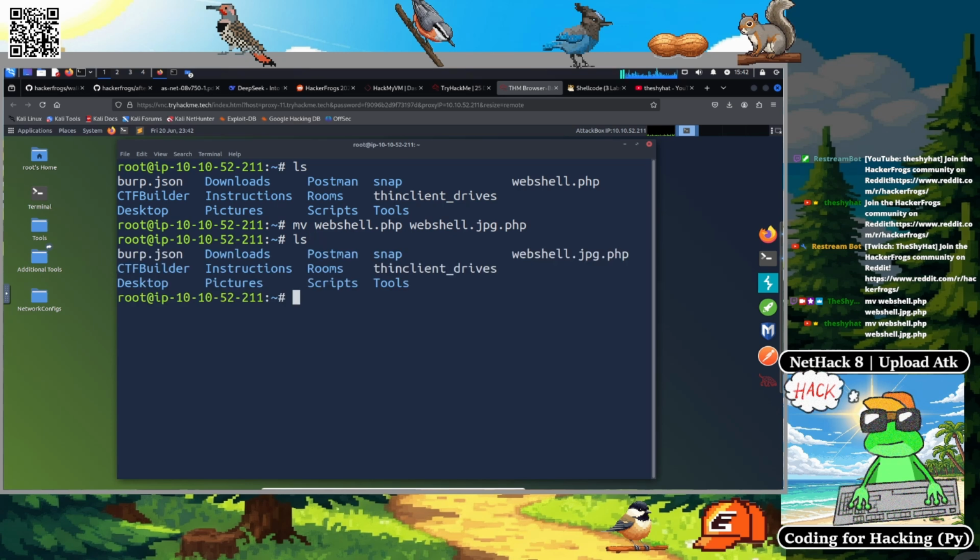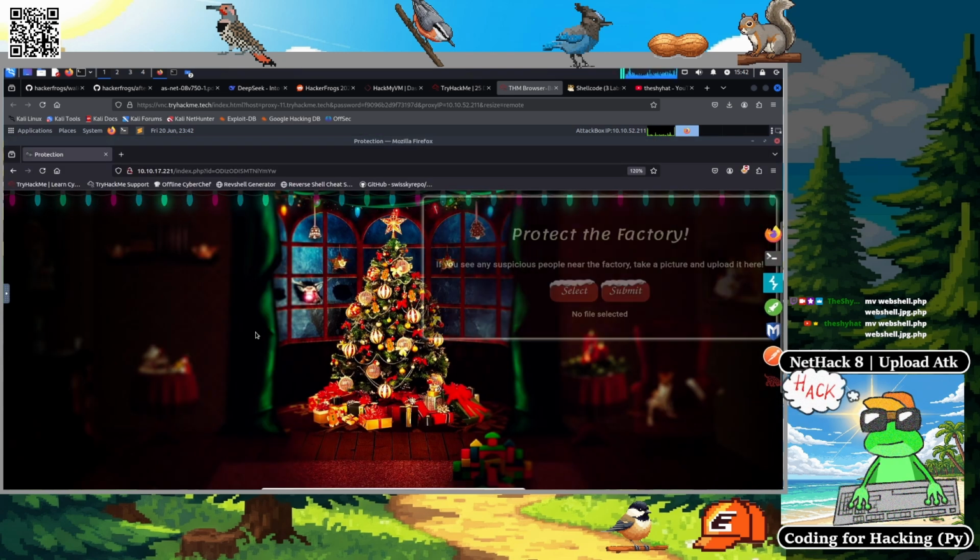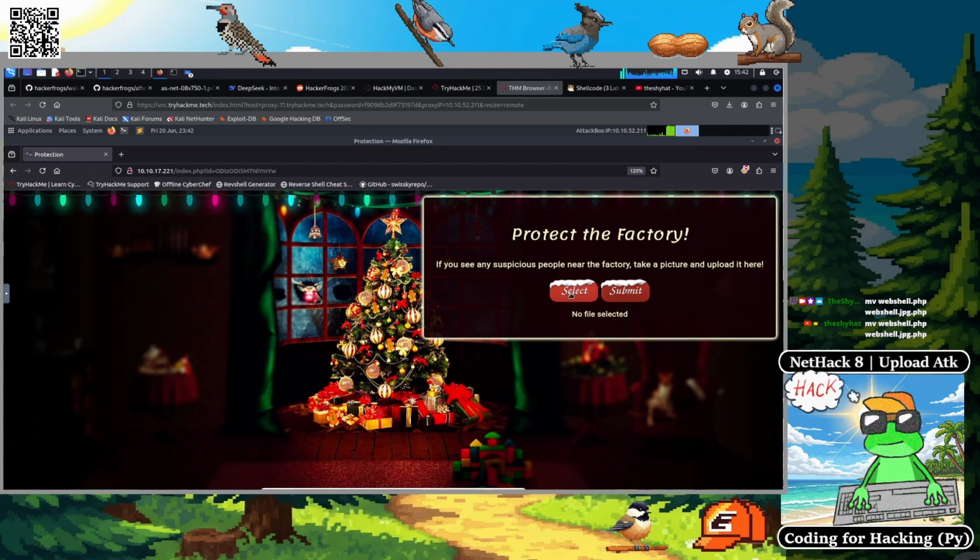So after we run the command, we see that we've renamed webshell.php to webshell.jpeg.php. So this might be enough to fool the web application into accepting this file. So we can test this by going over to the web application. So we're just going to go over to the Firefox browser. We're going to select,